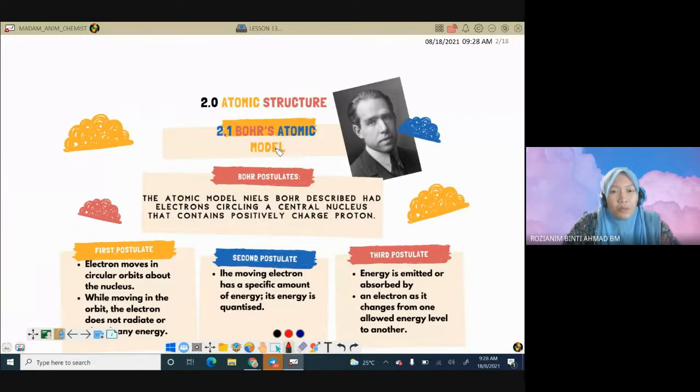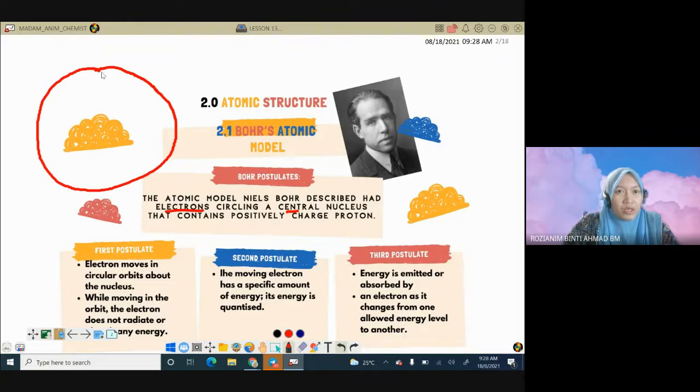So what should we know about this chapter? First, 2.1 regarding the Bohr atomic model. This is the person who discovered it, whom we call Niels Bohr. Niels Bohr described the electron moving, the circling of the electron around the center of the atom, so around the nucleus. In the nucleus there is a positively charged ion. So the character of Niels Bohr's model discusses that the electron is always moving on its orbits around the nucleus. According to the movement of the electron, the concept of Niels Bohr, we have 3 theories,